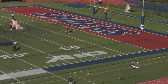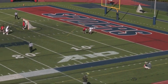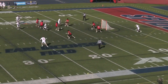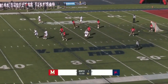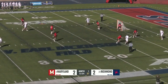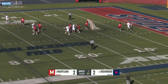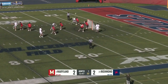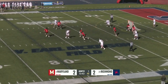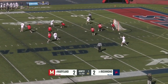He's the second all-time scorer in Richmond lacrosse history, which, for a program in its 11th year, was hard to believe when I wrote that down today. It doesn't seem like it. There's another shot in front that ricochets out top, but he's second only to Ryan Lanchberry in Spider scoring lore. Let me tell you, it's a crime against nature that Dalton Young was not on the preseason All-American list that I saw. Yeah, he was a preseason...